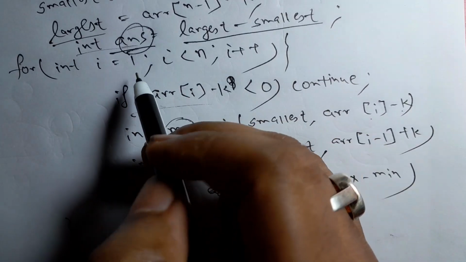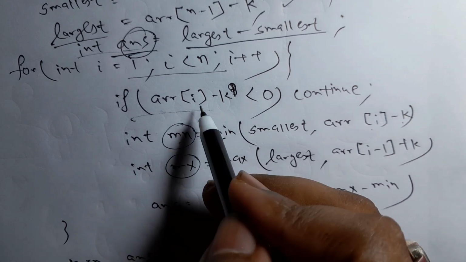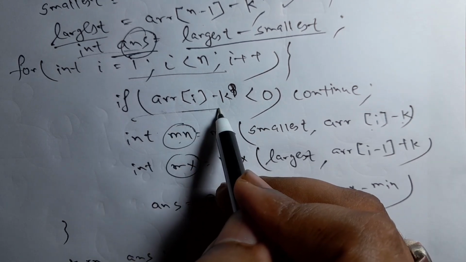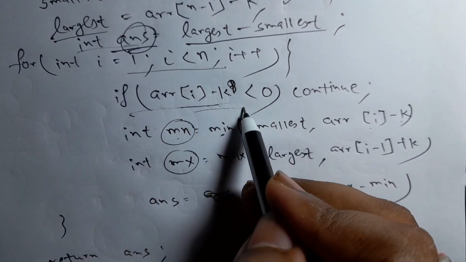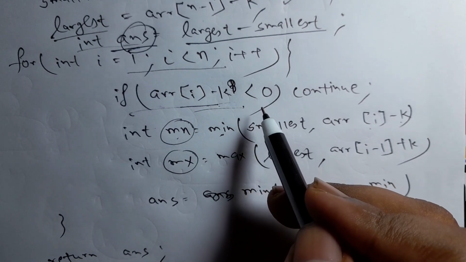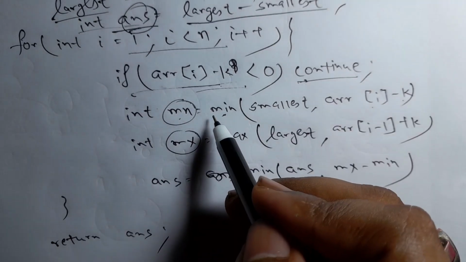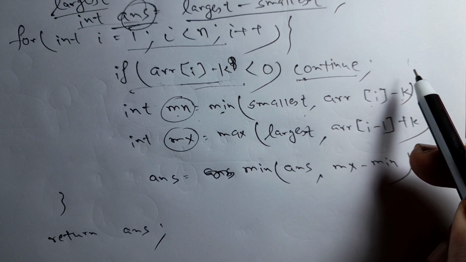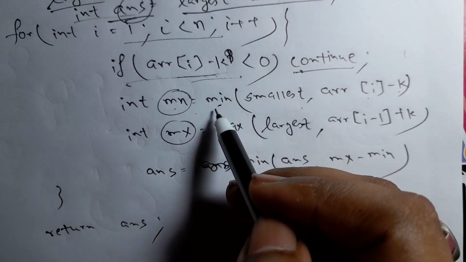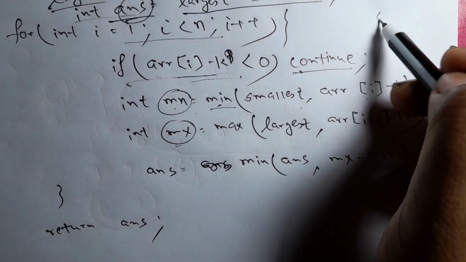Okay, then I have iterated throughout the loop and checked if the largest element after doing minus operation becomes less than 0 or not, which is not possible. If it is, then I will continue, and I have checked after decreasing the largest element it becomes smallest or not. Here I have checked by min operation, and after increasing the smallest adjacent element,